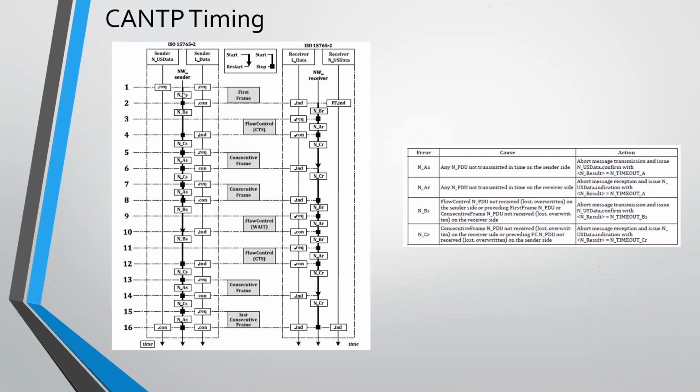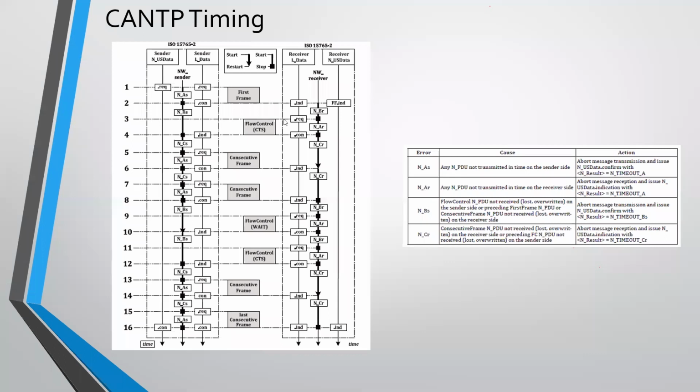The sender will wait for the NBS time to receive the flow control. So in coding, actually, whenever you get the acknowledgement, you get a hardware interrupt, which will tell you whether the data you have sent has got the acknowledgement or not.